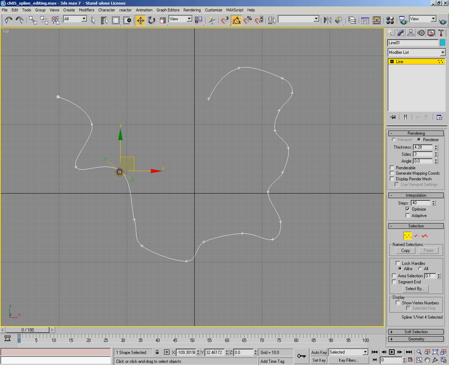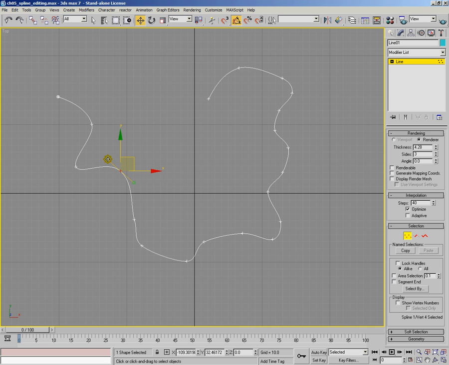And we also have the option of having Bezier corner. Once this is selected, you can see that the two vectors aren't linked anymore and they become independent, which means they can actually form a corner. If I put it back to being Bezier, you'll see that they snap together again because they're now linked once more. You can change it from being a Bezier vertex to being a Bezier corner just by holding down Shift